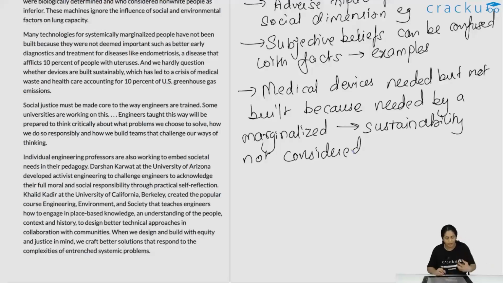Social justice must be made core to the way engineers are trained. Some universities are working on this. Engineers taught this way will be prepared to think critically about what problems we choose to solve, how we do so responsibly, and how we build teams that challenge our ways of thinking. So basically, the author is giving the solution for this, that you should incorporate social justice in the way engineers are trained. And some universities are doing that, and those engineers would think in a more fair and balanced way as such. So social justice should be incorporated